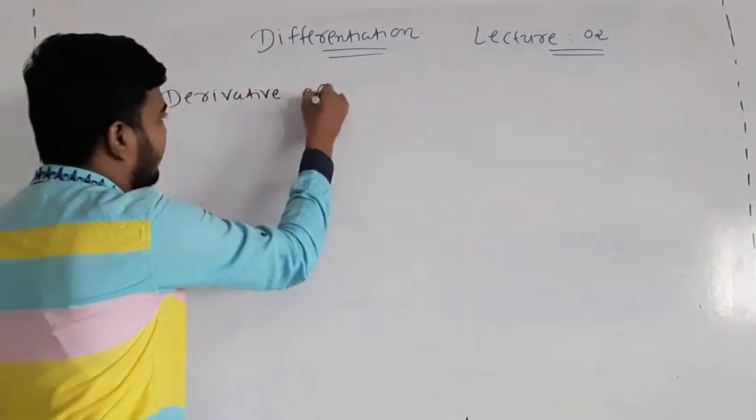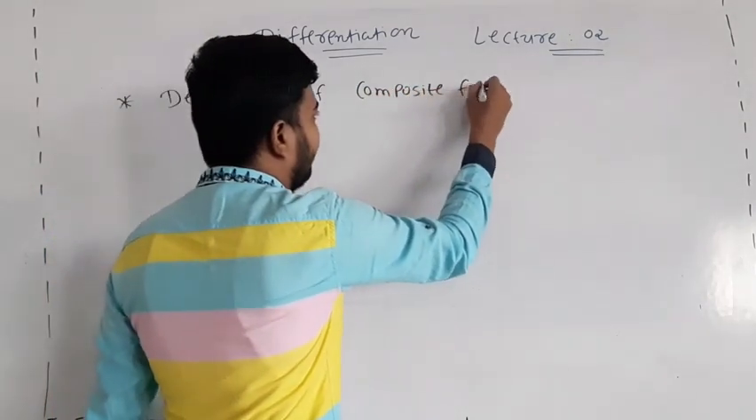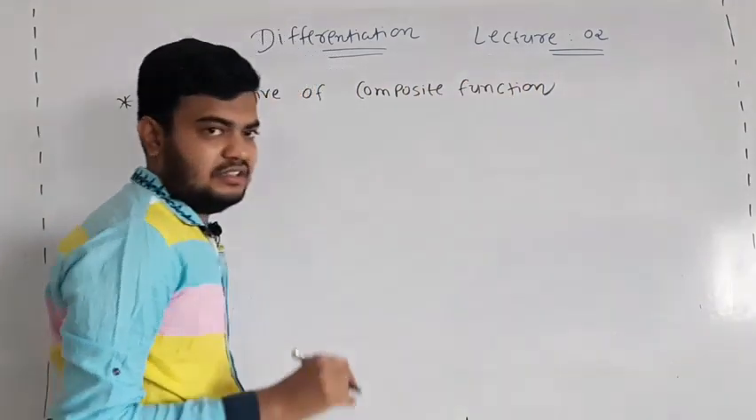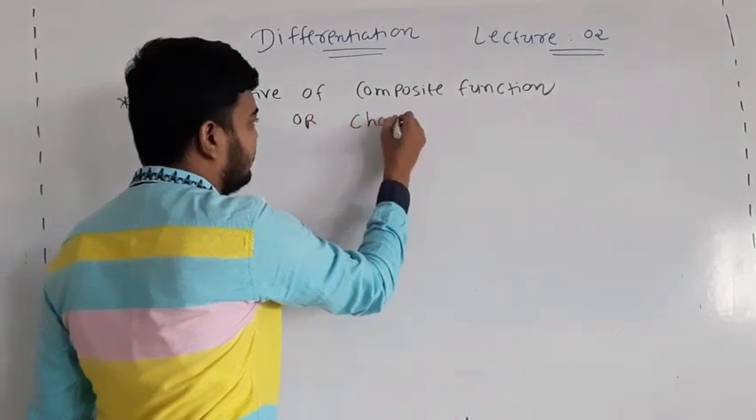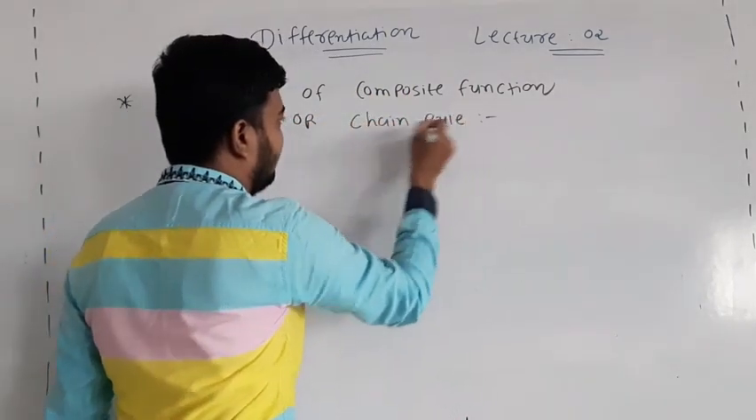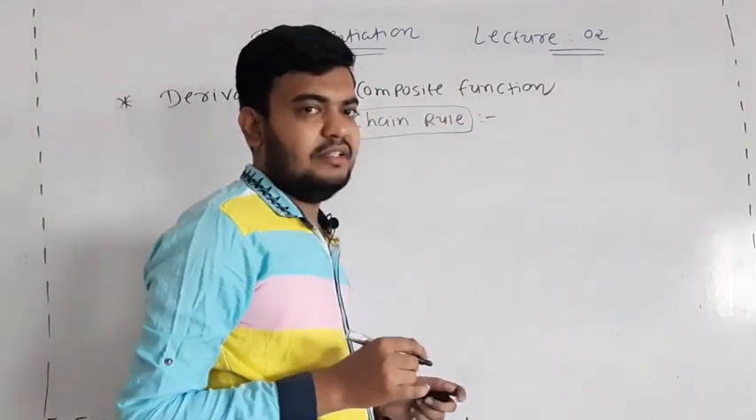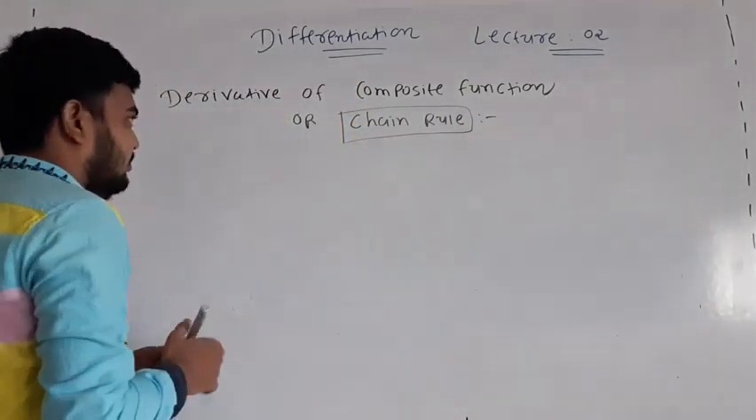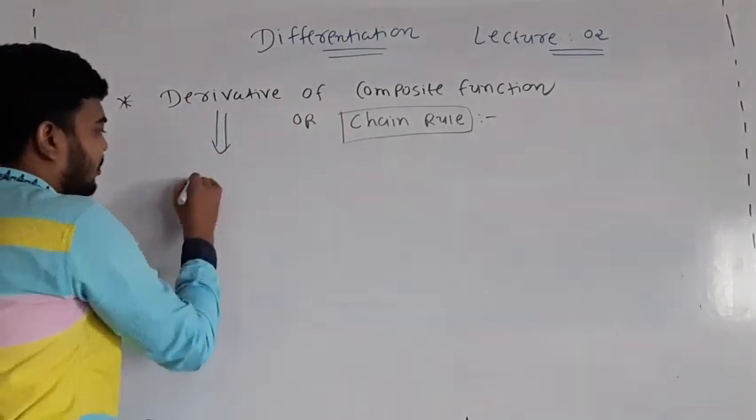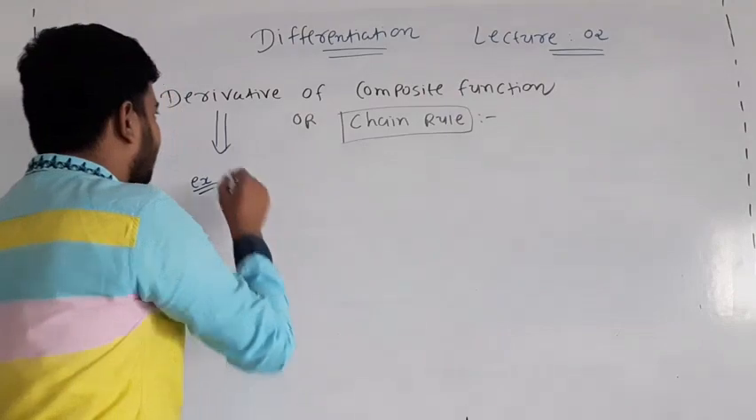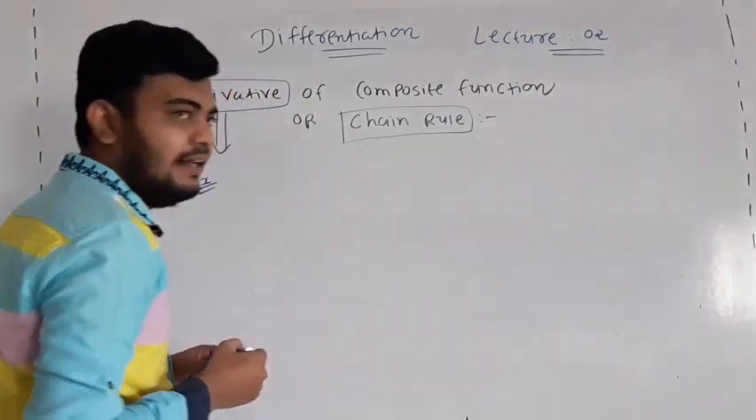Derivative of composite function. It is also known as chain rule. Okay, why this derivative is also known as chain rule, we will discuss later. Okay, so let us take one example of composite function, because its theory is too complicated, then we will explain this topic